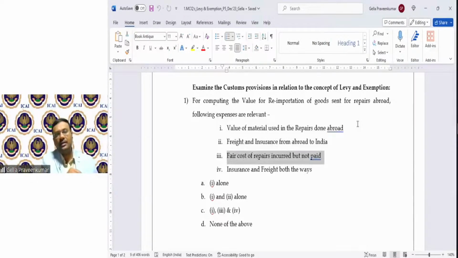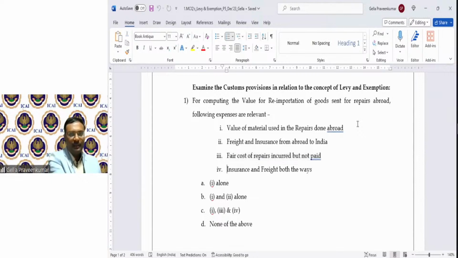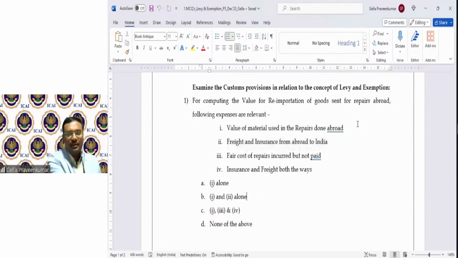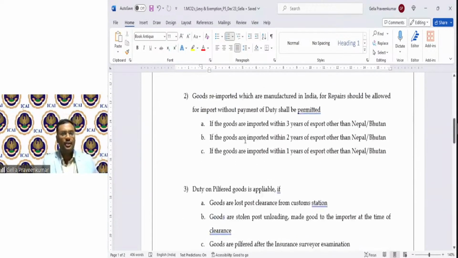Clause 3, fair cost of repairs incurred but not paid: along with the material in point 1, even repair charges should be taken into consideration. Point number 4, insurance and freight both ways: yes. All 3 have to be taken into consideration. So what is the odd one out? Clause 2 is the odd one out. So the answer would be 1, 3 and 4. C would be the right answer. Hope this is clear, students. Let's go on to the next question.